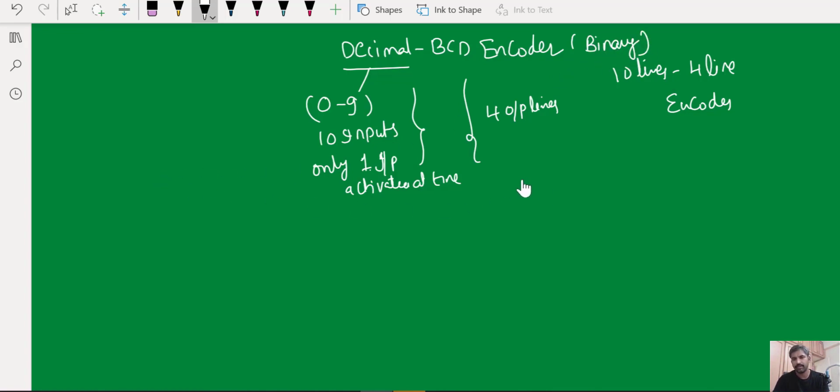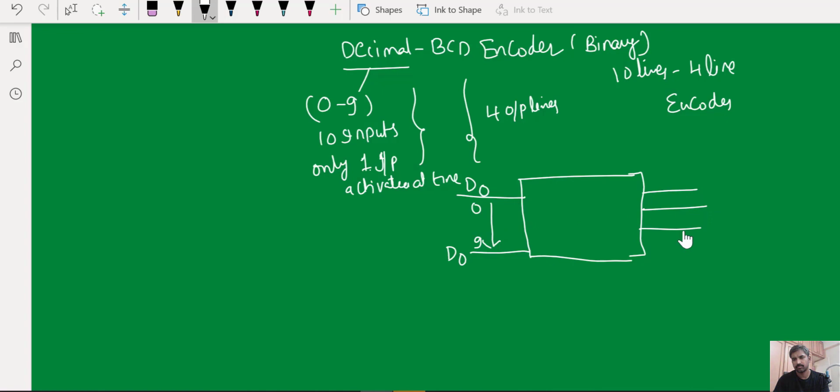So that means you're going to have a combined circuit in this box. We will design this circuit in a moment, and it's going to have inputs D0 to D9 for all your decimal numbers right from 0 to 9, and you're going to have 4 output lines, A0 to A3. Now this here is the decimal to BCD encoder. Now we'll try to construct it.